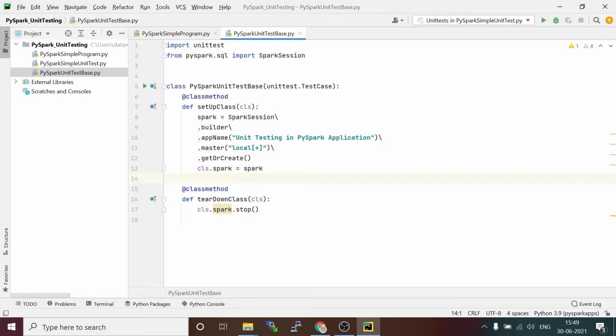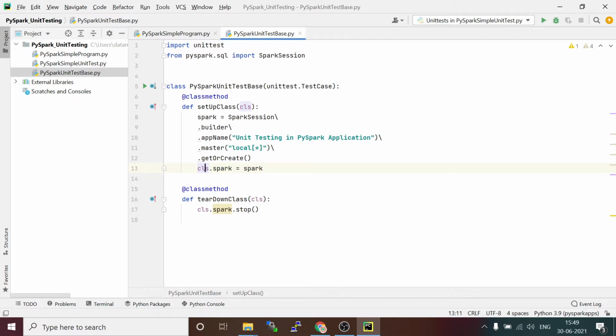For that, you need to override, not overload, a function called tearDownClass, where you can close all the objects you initialized in the setup class method. These are the two methods I am overriding in the base class.